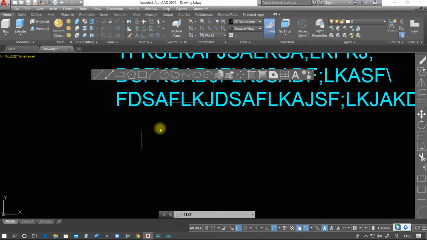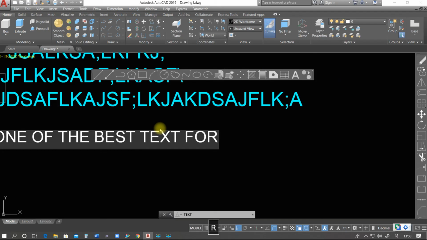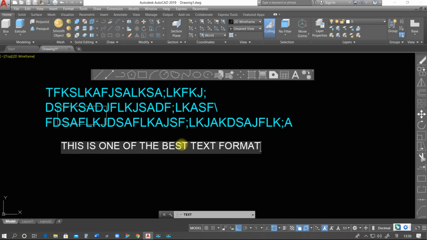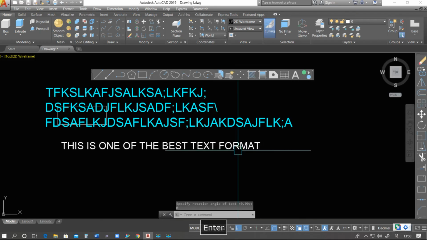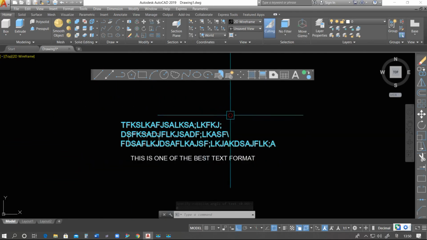So I had taken 0 degrees. Now if you want to exit from this single line text, just double click and press the enter button. So this is how to use multi-line text and single line text.